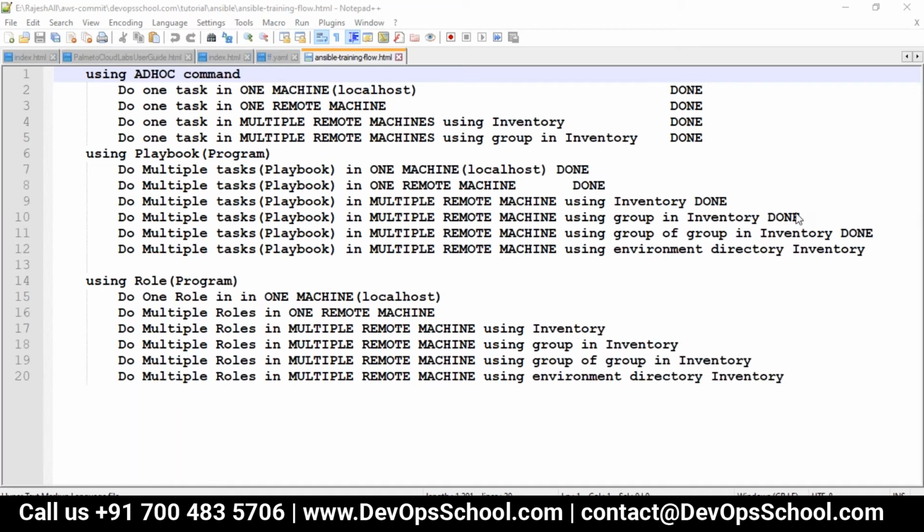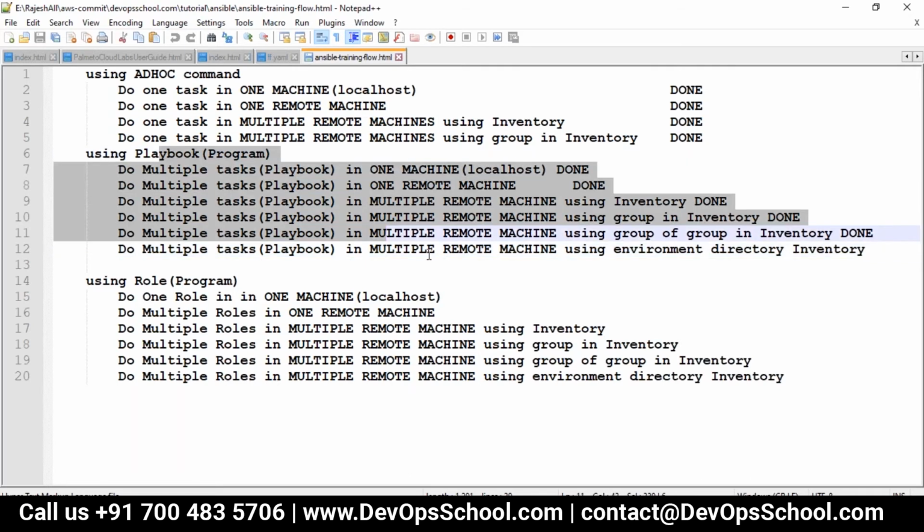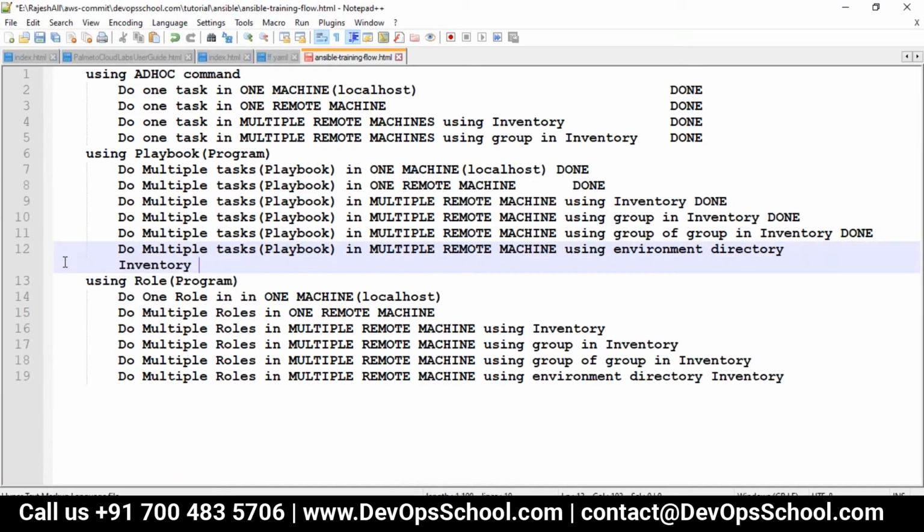So guys, the question is, when you do ad hoc work, then why write a playbook? This is the flow which I want each one of you to understand.